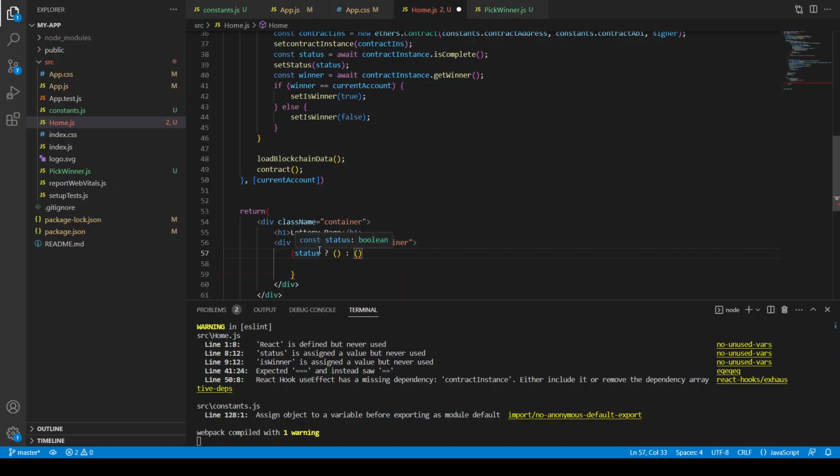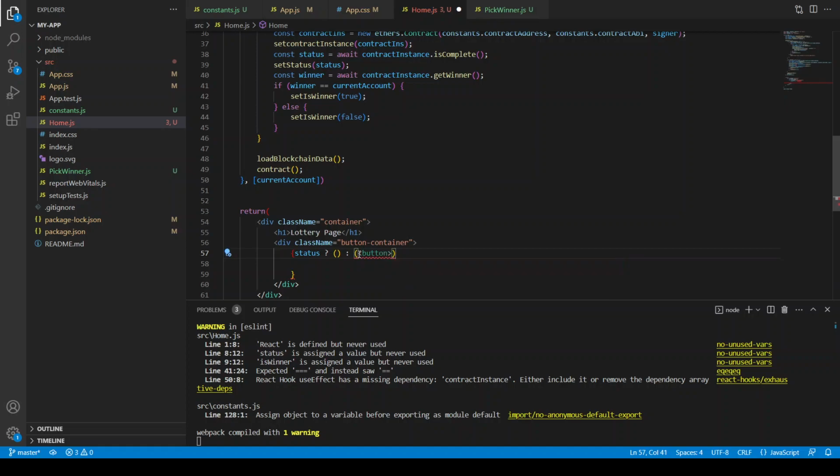If the status is true, I mean the lottery is already done, then we are going to show the claim prize button. And if the lottery is still open, then we're going to use this